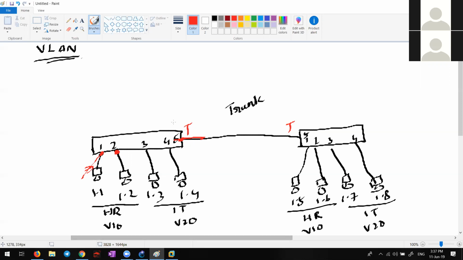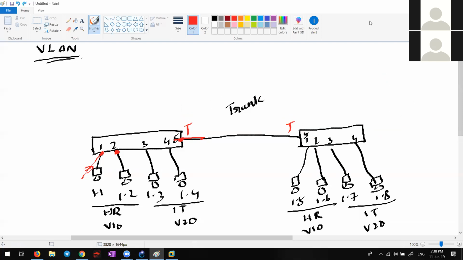Whenever a normal frame, for example, if he sends a ping packet to 1.5, what happens? When it goes through this interface, he will add a .1q tag which says this is coming from VLAN number 10. When it is received on the receiver, he will look at it, remove the tag, and it will be forwarded only through the VLAN 10 interfaces and the trunk interfaces if there are any other trunk interfaces. This is how it functions, correct? So whenever data goes through a trunk interface, there will normally be a tag. But only for native VLAN, the tagging will not be there.